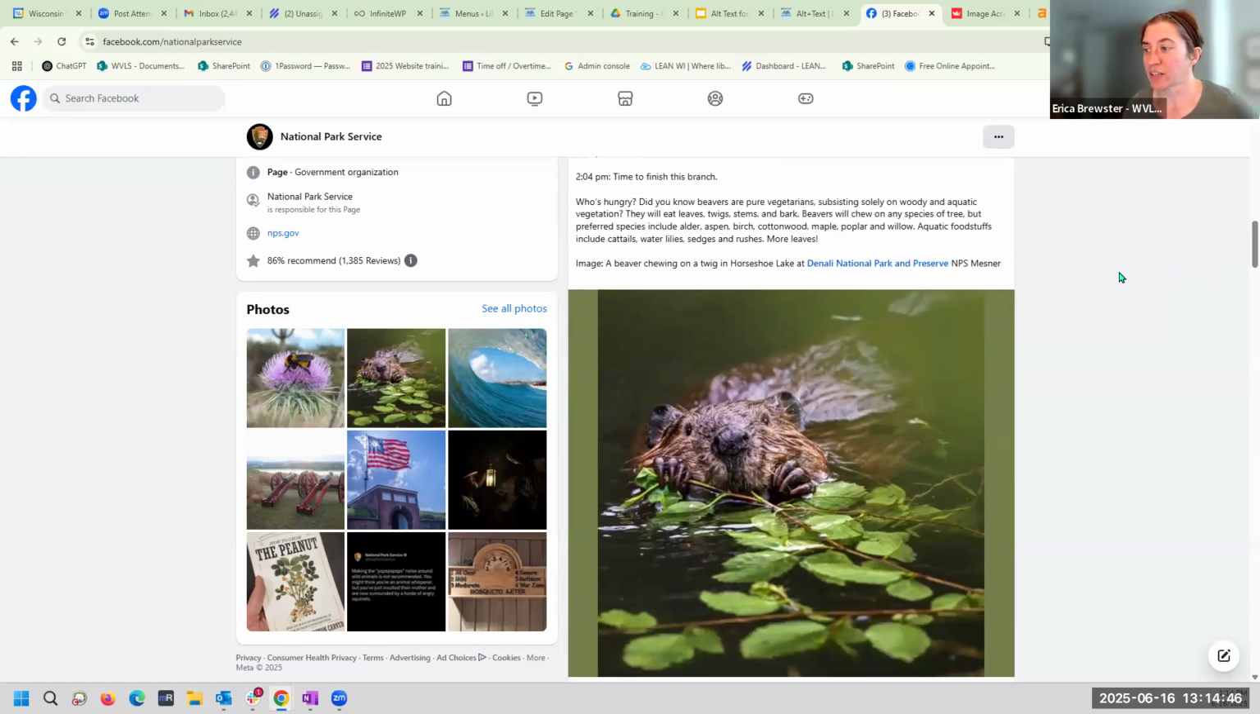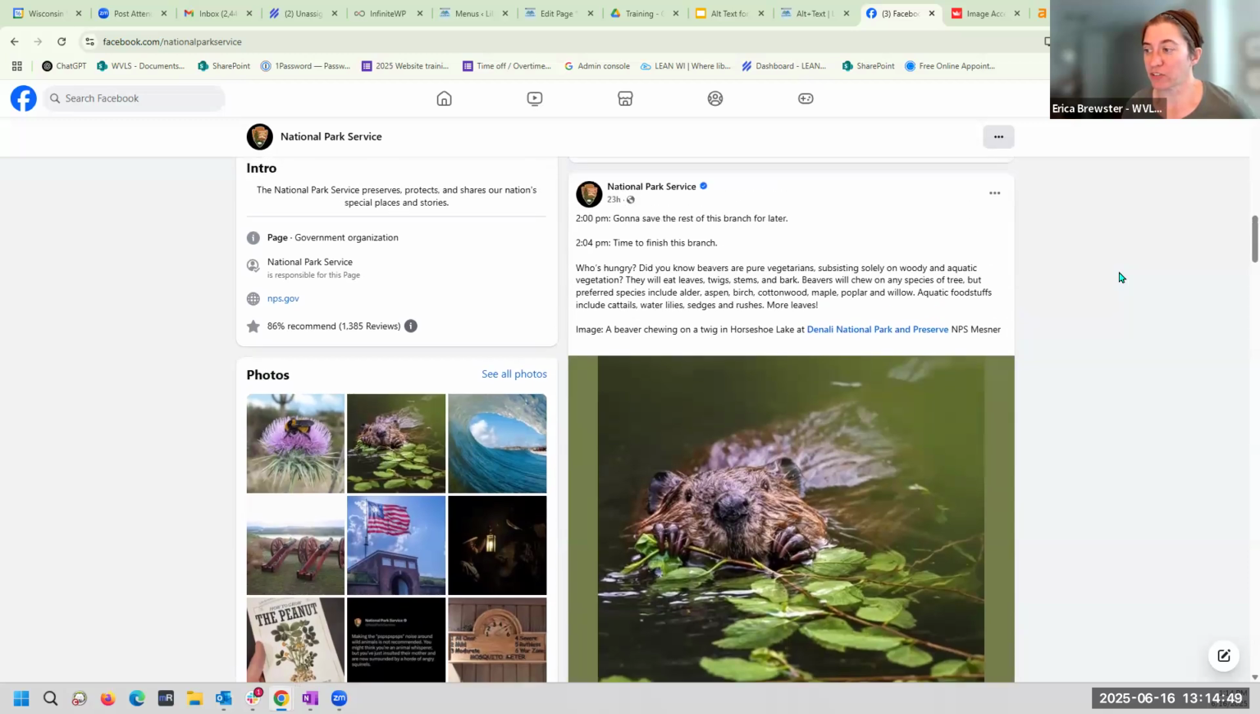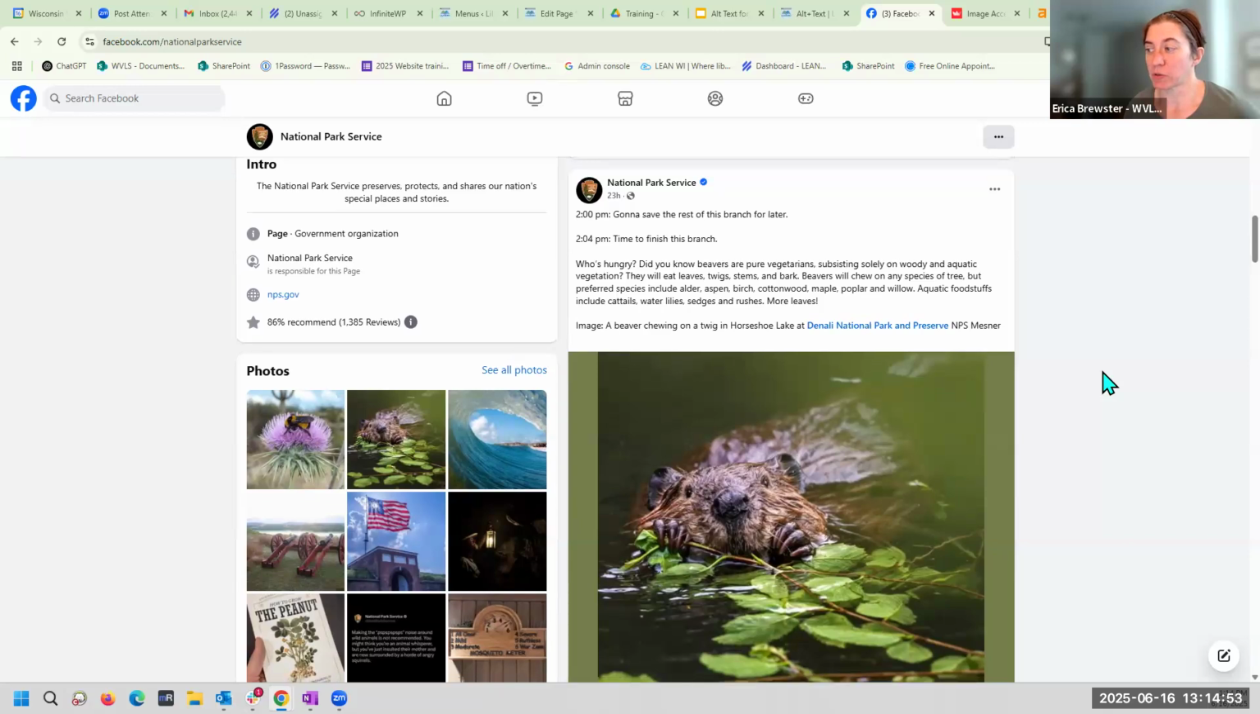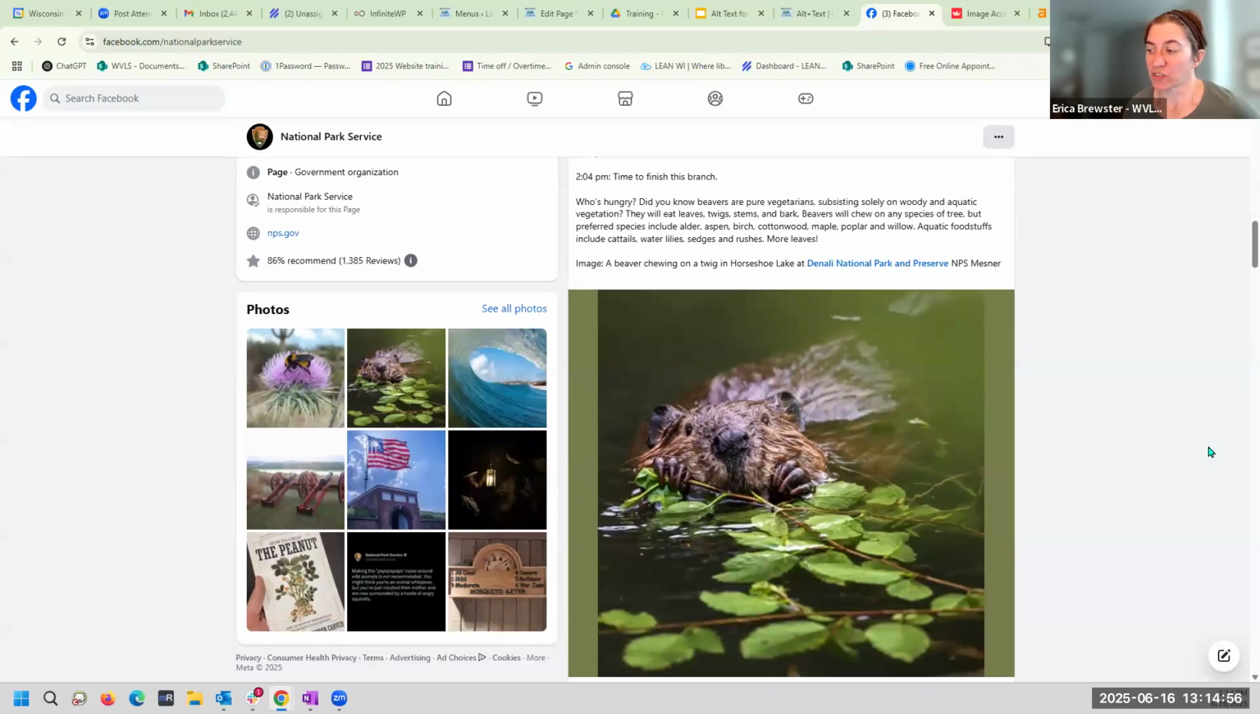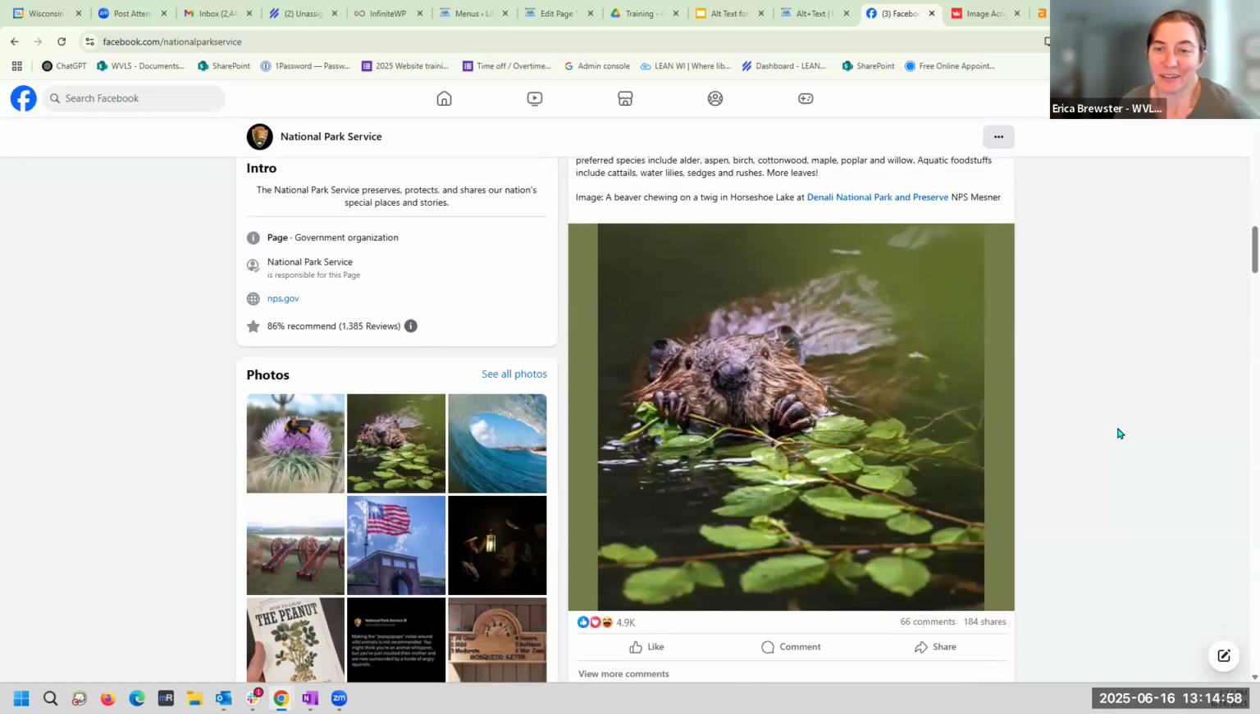And so just again, looking at this one about beavers, a beaver is chewing on a twig in Horseshoe Lake at Denali National Park and Preserve. You probably didn't need to know that it was Denali, but for us, it might be simply saying a beaver chewing on a twig. You're doing a program on beavers that you have the local wildlife animal rescue coming in. They're going to do a program on beavers. You put a picture of a beaver, and so you describe it simply as a beaver chewing on a twig